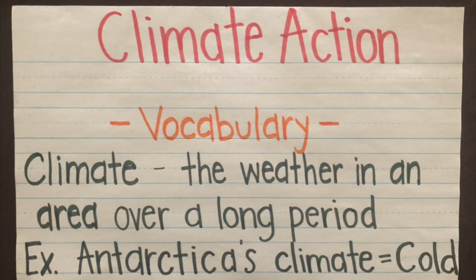So our vocabulary for this week is the word climate. By definition, climate is the weather in an area over a long period. So for example, here I have Antarctica's climate equals cold. The best way to push this vocabulary word for your student is to talk about the various types of animals that live in different types of climates. So for Antarctica, an example of animals that live in a cold and icy environment will be polar bears, seals,